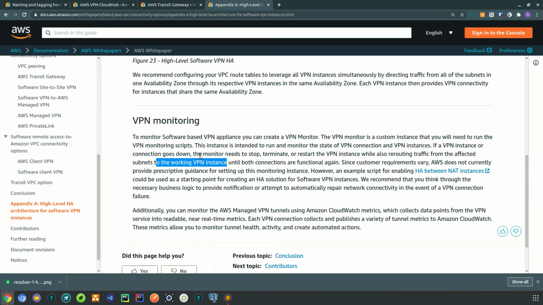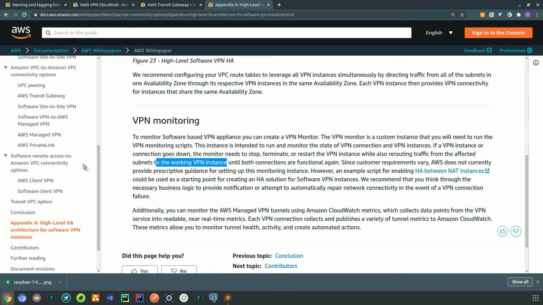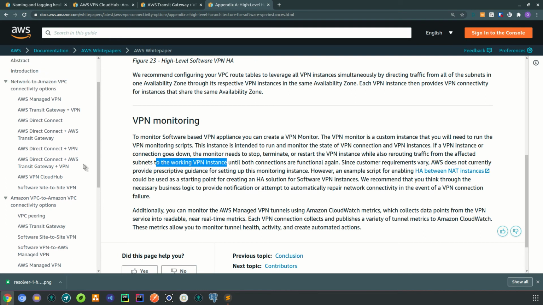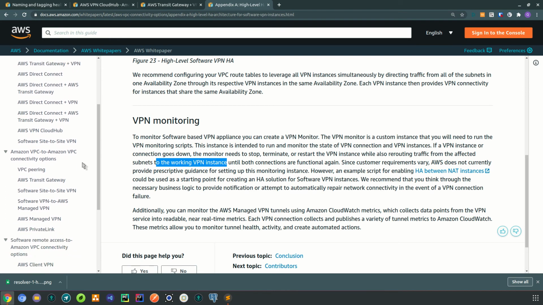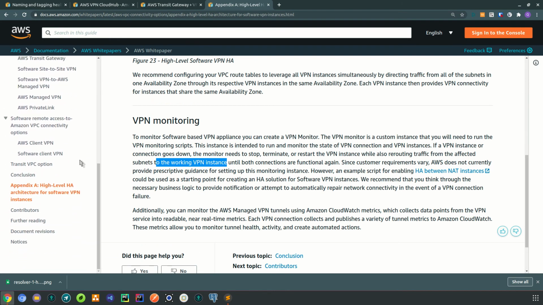So I think that's pretty much it for the VPC to VPC, for your network to the VPC topology. I think we can learn this further on when we